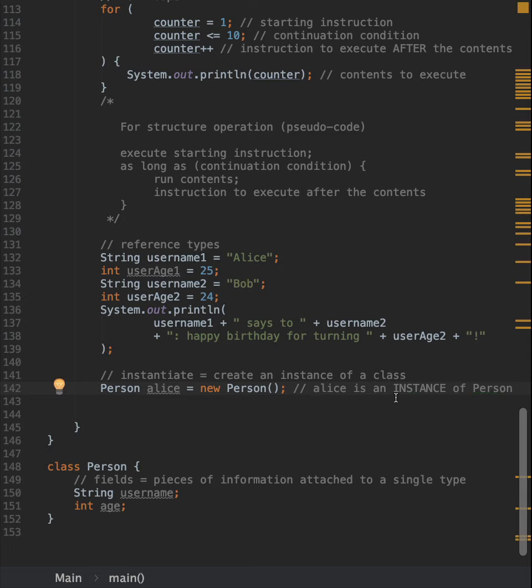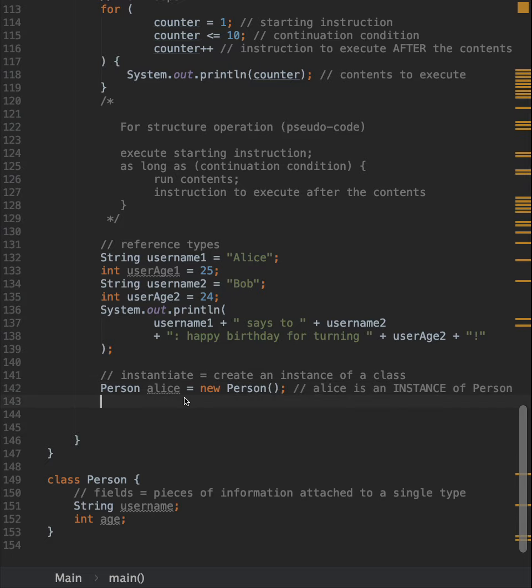An instance means that it has some real physical memory allocated by the computer of the structure defined by the class person. So you can think of a person class as some sort of a blueprint of how the data structure looks like with these two fields, and an instance as a concrete realization in memory conforming to the structure defined by that class. All right, so a class is a data structure, and instantiating it is done with the keyword new, and then with the person with some parentheses here, and optionally with some arguments,